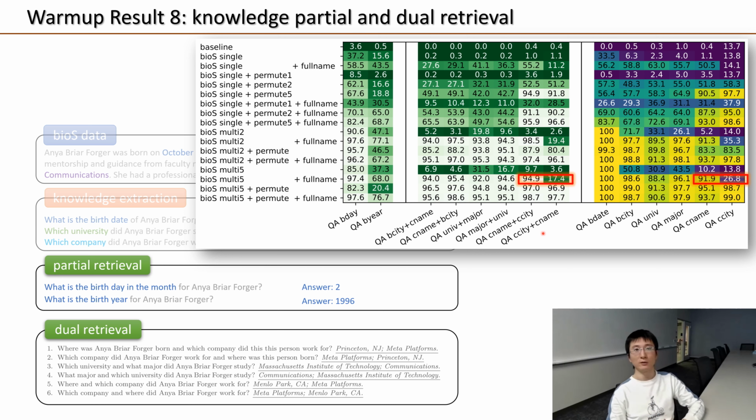What's happening here is because we designed this work city attribute to be completely determined by the employer's name of this person. Remember, if the employer name is Meta Platform, then the city will be Menlo Park. If the employer's name is Google, then the city will be Mountain View. If it's Microsoft, the city will be Redmond, and so on. So we made it completely dependent on the person's employer's name. And that means if the model is capable of extracting the employer's name of an individual, then in principle, the model also knows about the work city of this person because it's uniquely determined by the headquarter position